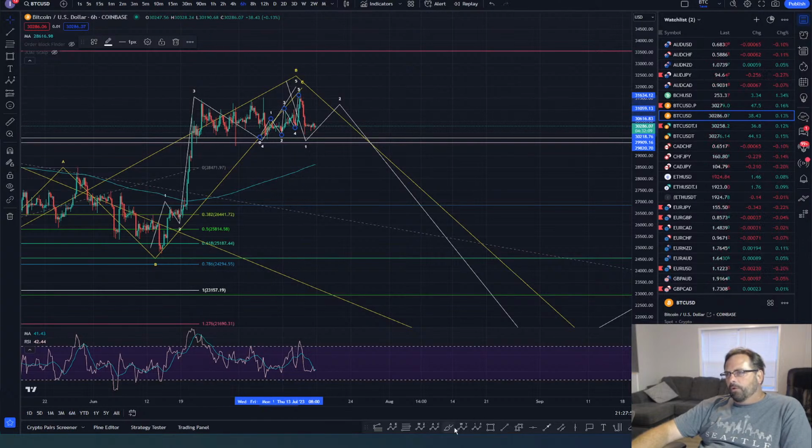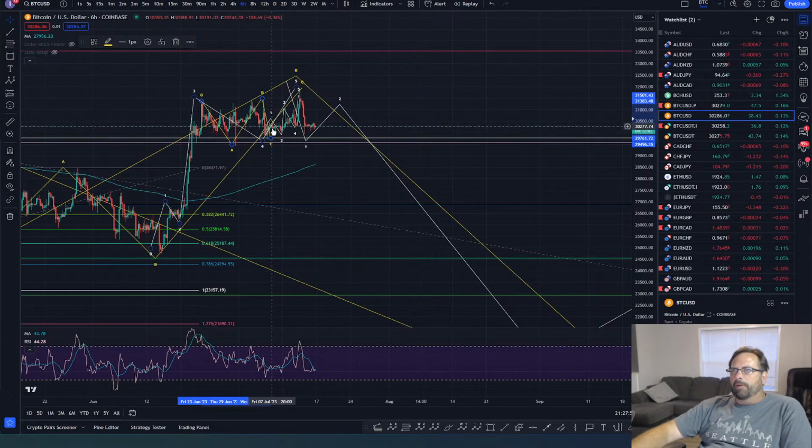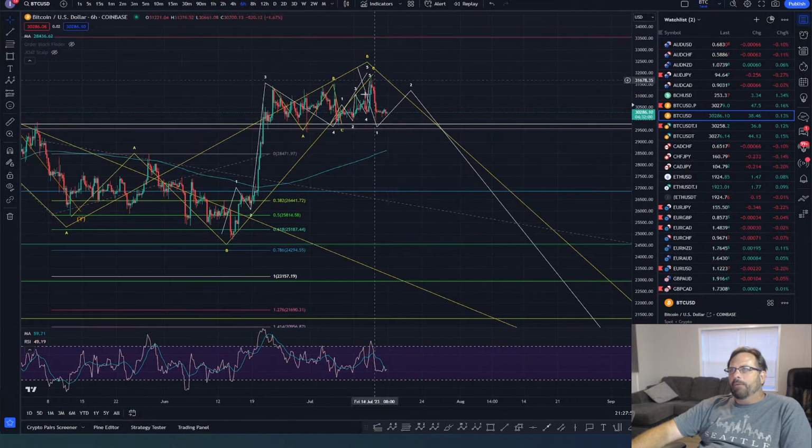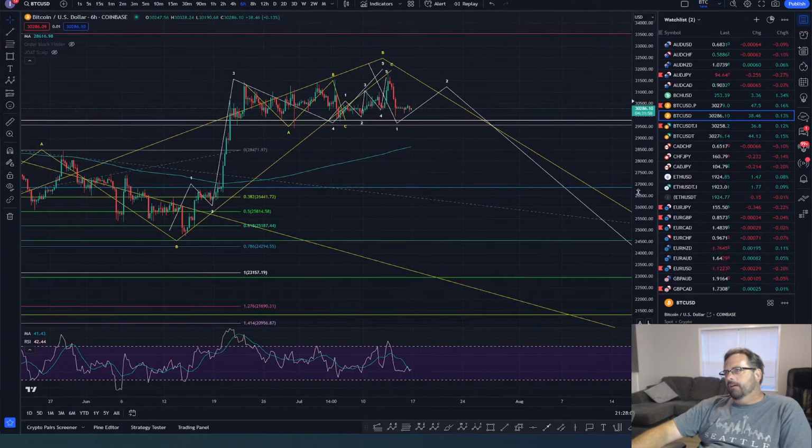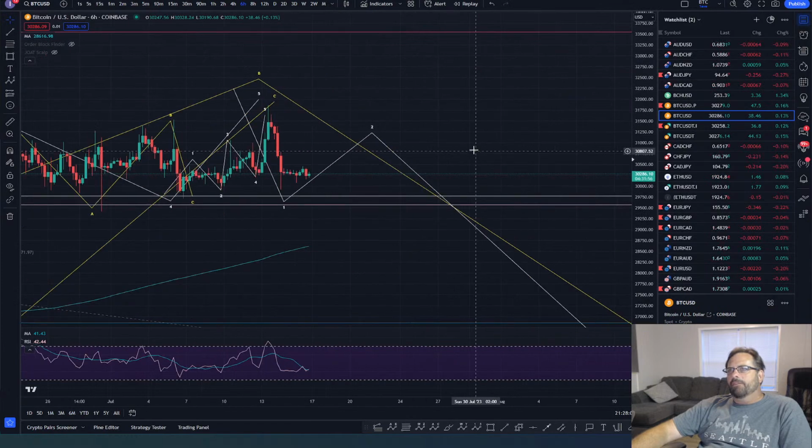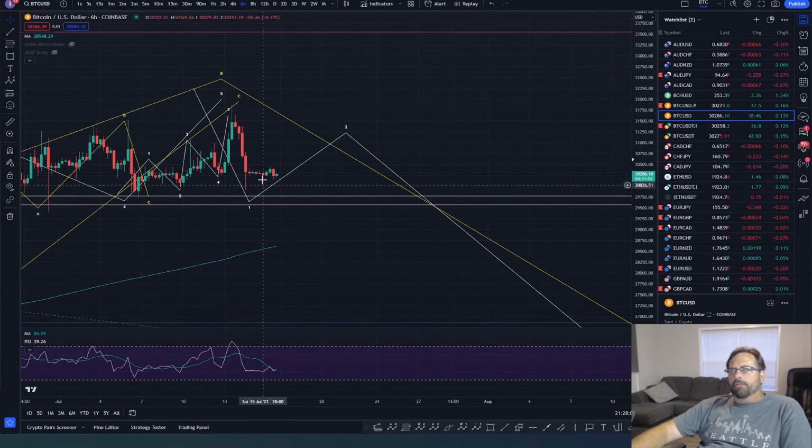This was a wave 4, right here, WXY, ABC, whatever you want to call it. There was a 3-wave move, so that wave structure finished right in there. So what are we looking at here? Well, we're looking at an impulse, and this could be flagging out for a wave 4 right now. This might be flagging out as a wave 4, and we may need a spike down for a wave 5, which we're waiting to see if we get or not. I'm not sure if we're going to get it or not.